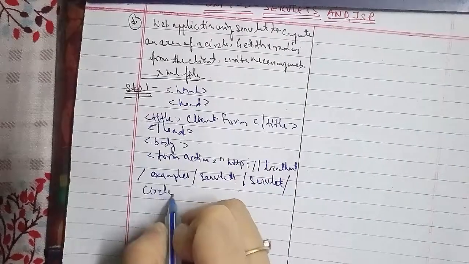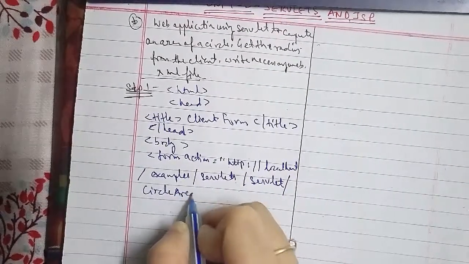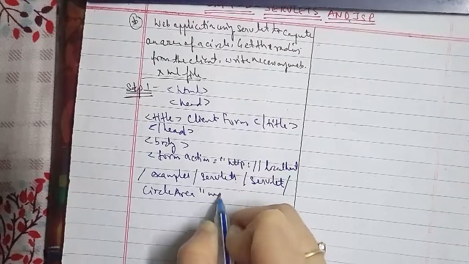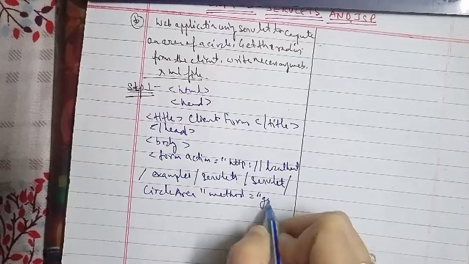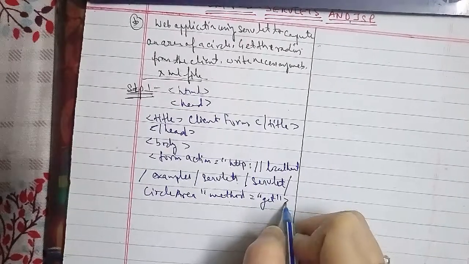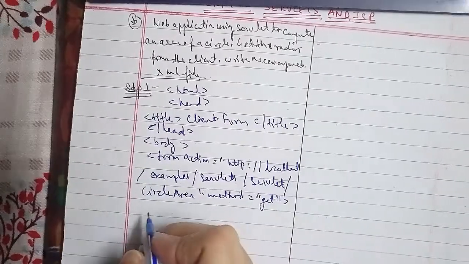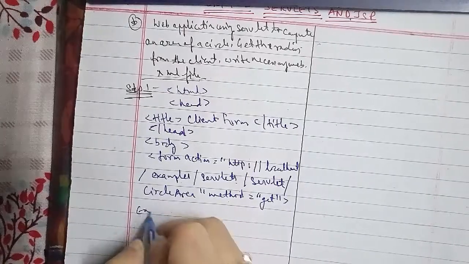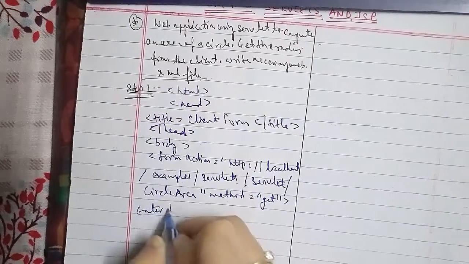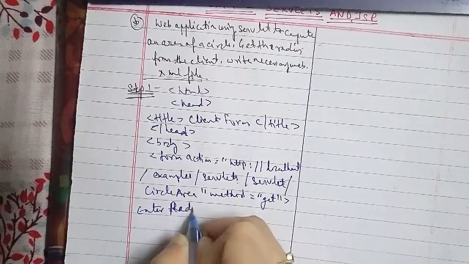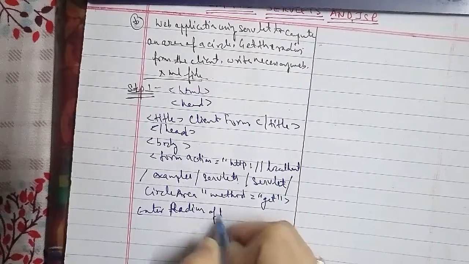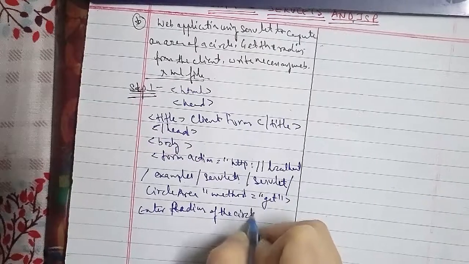Now we will be starting with the enter the radius of the circle. Enter radius of the circle, that is input type equals to text, name equals to radius,